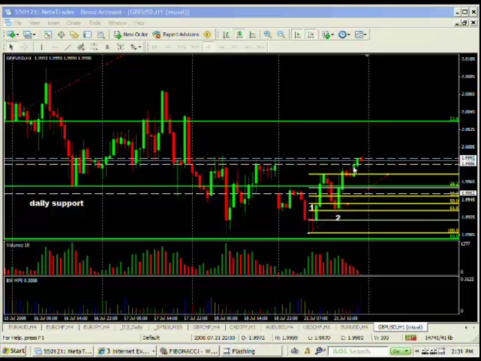Now see, I entered on the break above this bar, even though I expected the market to stop here, and my stop is below here because this is where the operators entered. This is also a prior top, and we're also above this minor resistance level here. So on the way back down, we have 3 levels of support protecting our stop if we place our stop below this operator bar here. And also, if we're not in yet, we can get back in on the pullback to this broken support. Now on the way up it was